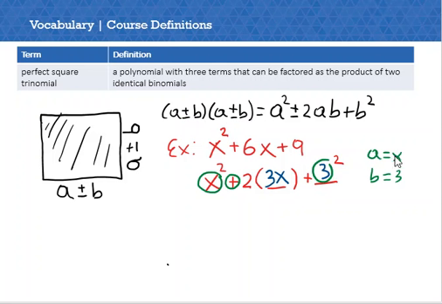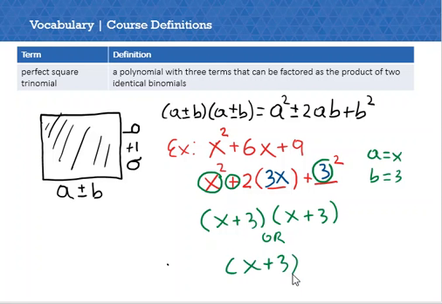So we do have x and 3. A is x, b is 3. We're using plus because it's given in this expression right here. So we're just going to write that as x plus 3 times x plus 3,